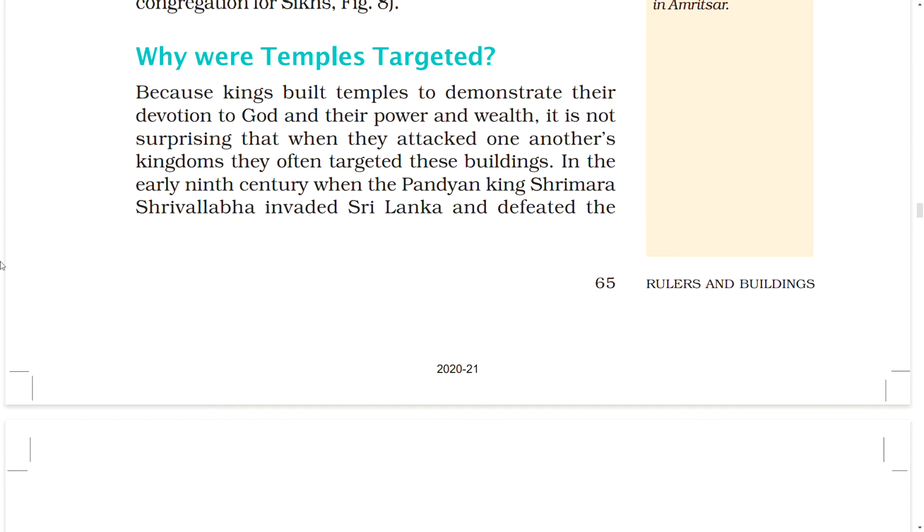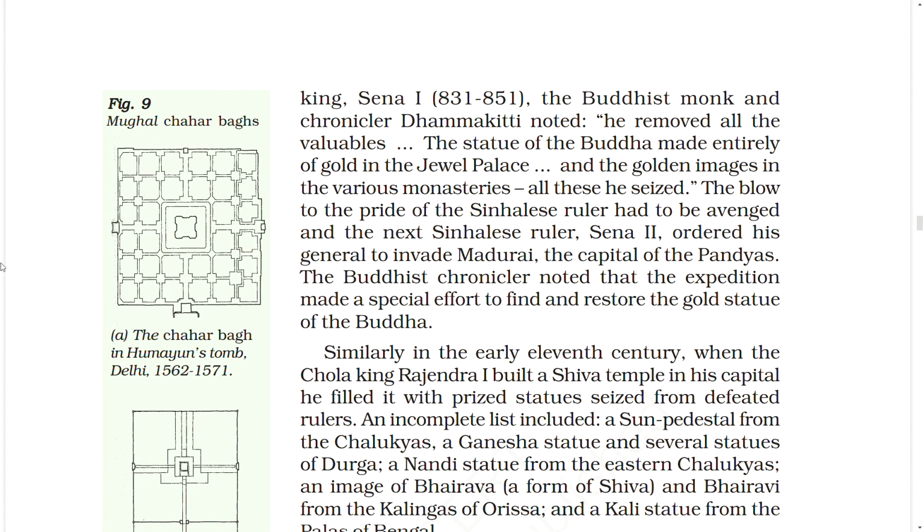Why were temples targeted? Because kings built temples to demonstrate their devotion to God and their power and wealth. It is not surprising that when they attacked one another's kingdoms, they often targeted these buildings. In the early 9th century, when the Pandyan king Srimara Srivallabha invaded Sri Lanka and defeated the king Sena I, 831 to 851, the Buddhist monk and chronicler Dhammakitti